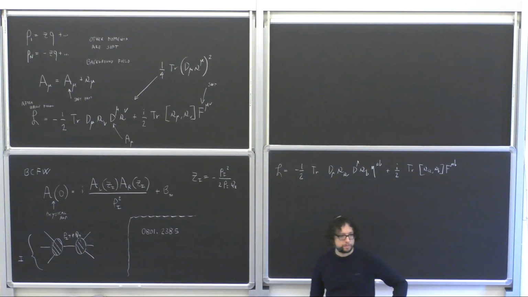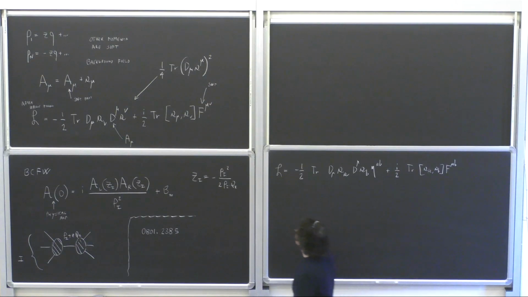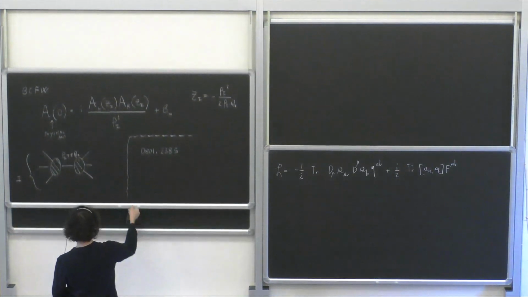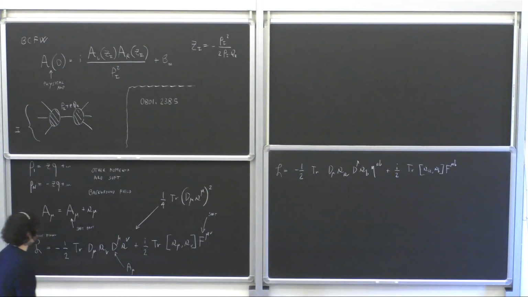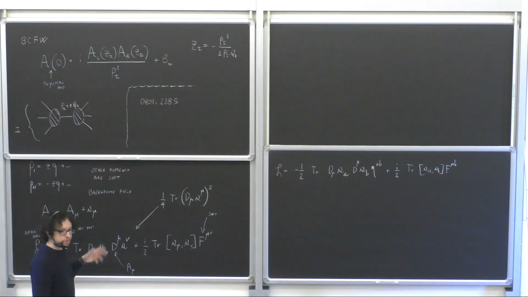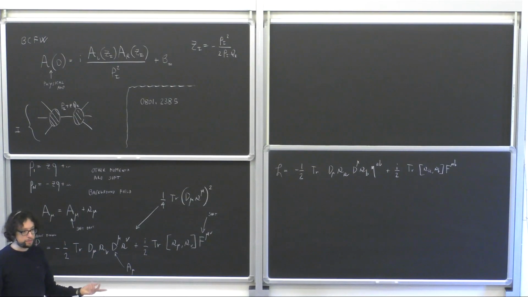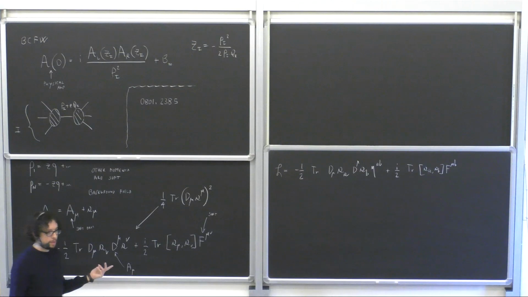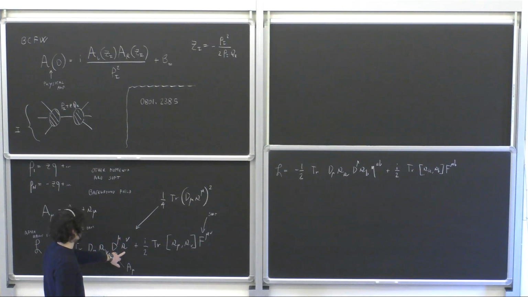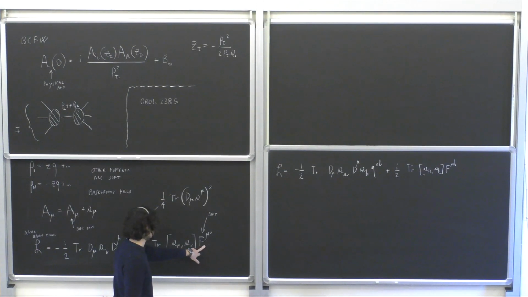Could you repeat why you changed the name of the indices? Well, you can see here, this is rather trivial. The space-time indices of the derivatives always contract with each other, so I just changed the name. Of course, they are dummy indices, I can always change the name, but in writing down the Feynman rules and calculating the amplitudes, I want to treat these indices in a different way, simply on account of the fact that I know that this index will always contract with each other, or contract with the one in the background field. Okay.